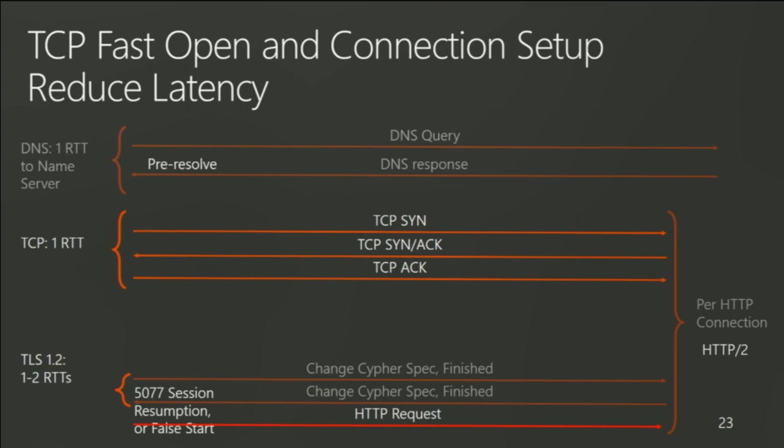It uses a thing called the TCP fast open encrypted cookie. This isn't a browser cookie, this is a TCP fast open cookie. And the principle is, on the first communication with the server, I'm going to establish this encrypted cookie. We both have it. And then whenever I need to connect to this server again, which could be many times because the web page has so many objects on it, I don't need to do the three-way handshake. I don't need to spend that RTT and a half because we've already done it.